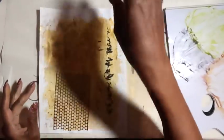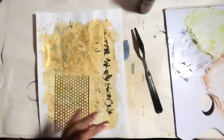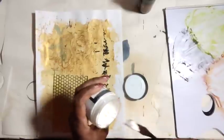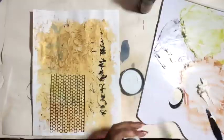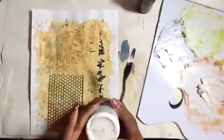So what I'm going to do is I'm going to make a coffee. There's coffee stains in this line. Where is it? Coffee. So, I mean, this texture paste is going quite a ways considering I've done a number of sheets. I don't know how much this is, to be honest, because